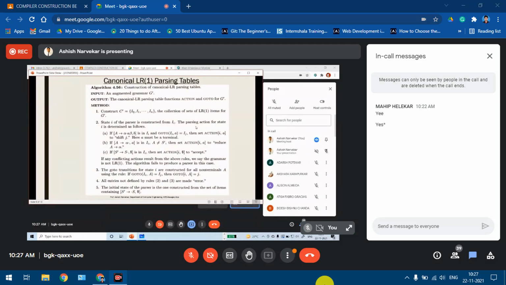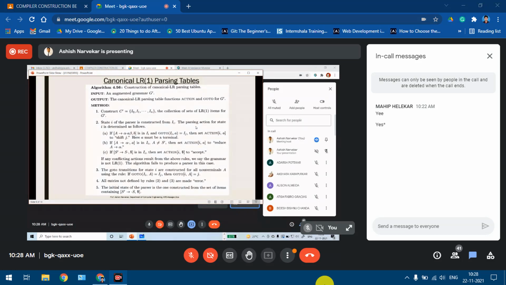Just remember this point: action I comma a is reduce A derives alpha. That means we include the reduce entries only under those terminals which are in the look ahead of A derives alpha dot. So A derives alpha dot is the item, comma a is the look ahead, and only under that look ahead will we include the reduce entries.